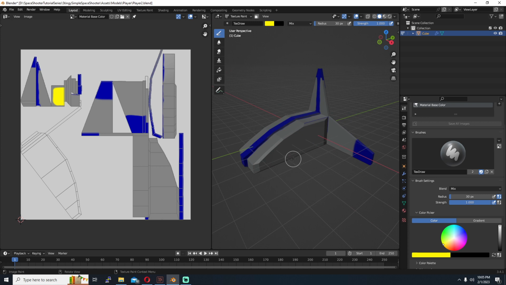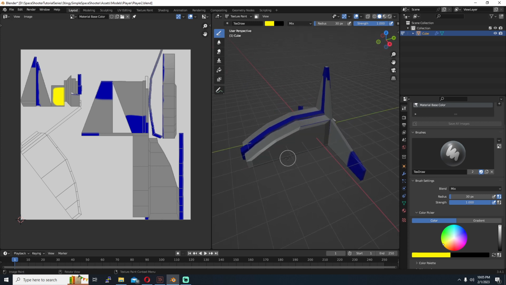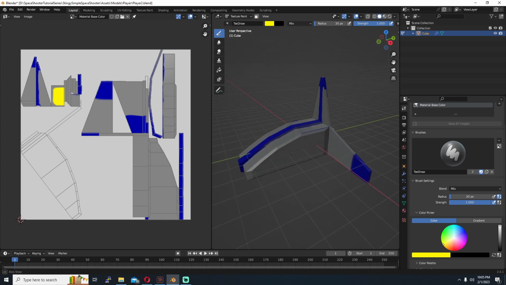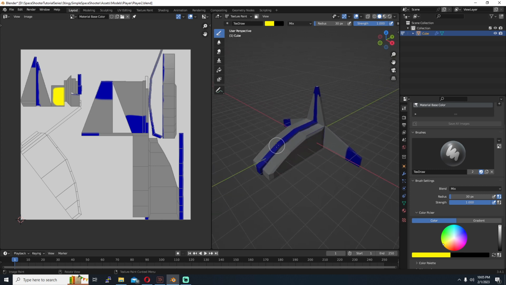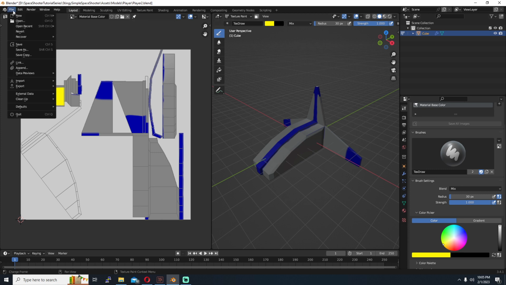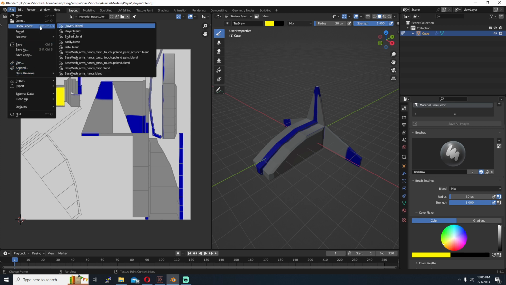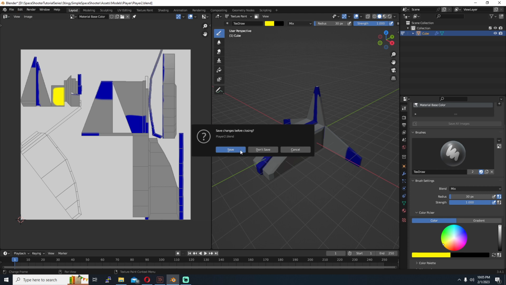Okay, so that's really everything from start to finish of creating a model in Blender and exporting it to Unity. Before we go to Unity and I show you how to then import it for use within Unity, I just want to briefly go over what the other models look like. So you can download these models by going to the GitHub repository that I've linked in the description of this video. But if you want, you can use the techniques we went over here to create your own 3D models for the